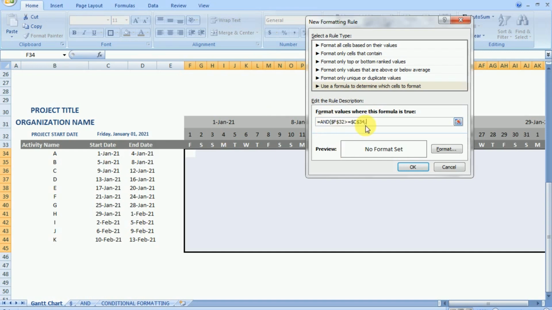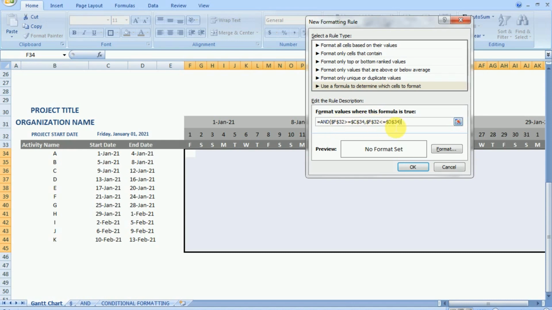And there is another logic, that is my date on the time period should be lesser than or equal to the end date. In simple words, the time period date should lie between the start date and the end date of the activity. Now we have defined this formula with two logics in the AND command.